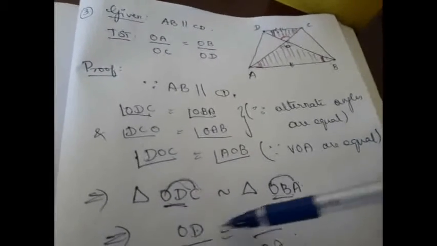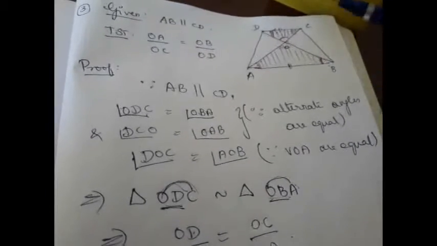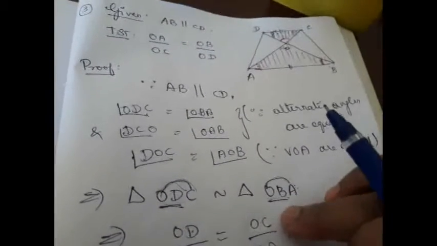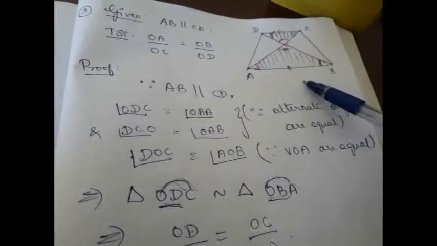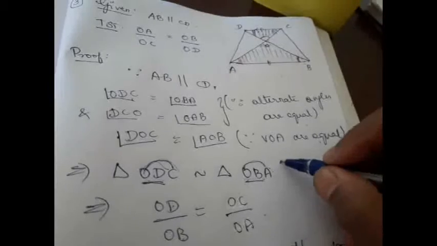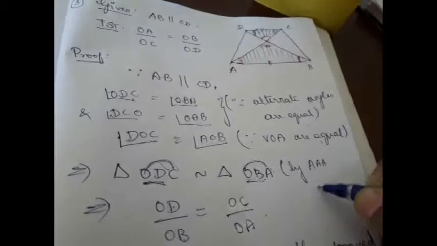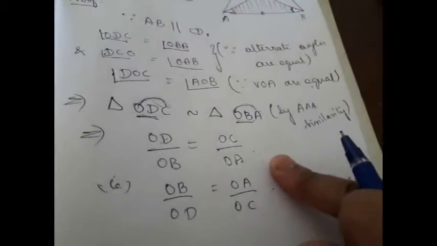That's it. Right? Hope you understood. The only thing here you need to remember is you should not miss out the correspondence in which they are similar, right? If you miss out the correspondence, everything will go wrong. Here only a very simple concept has been used. The conditions we have for parallelism: when two lines are parallel, alternate angles are equal and vertically opposite angles are equal. Therefore the two triangles have become similar by the AAA similarity criterion. You have to mention it. Therefore, corresponding angles will become equal. That's it. Hope you understood.